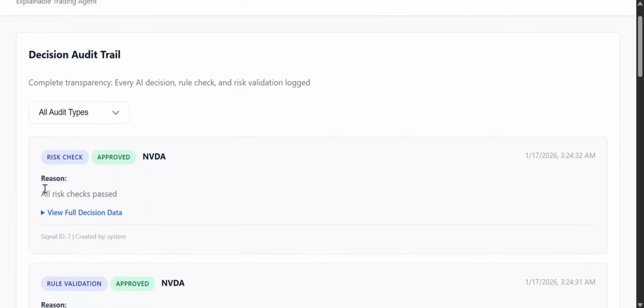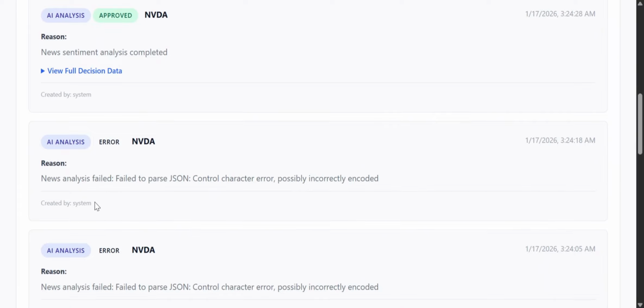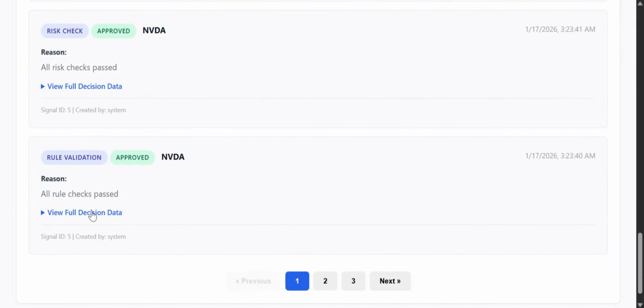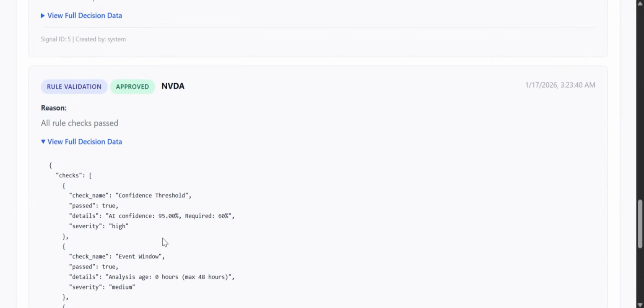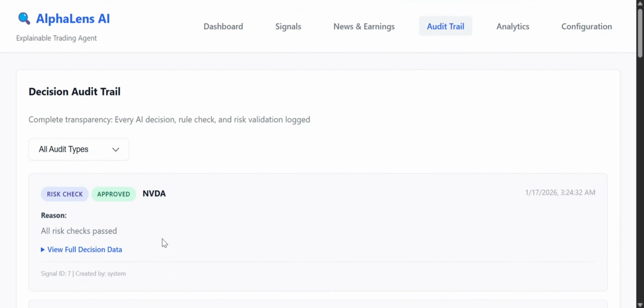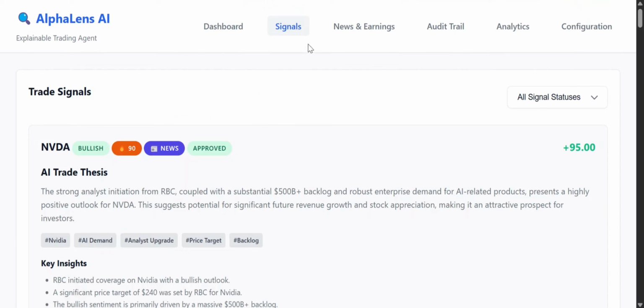So the reason why this one passed is the reason the AI generated. All rules check passed. So if you have anyone that does not pass the criteria, like this one, I think, it will tell you the reason why it fails. So we have one, I think we have almost 2. And if it passed, you can see the full reason why it passed. That means it passed the criteria, and then we can now find them in the signal where we can execute the trade. Before we don't have anything here.